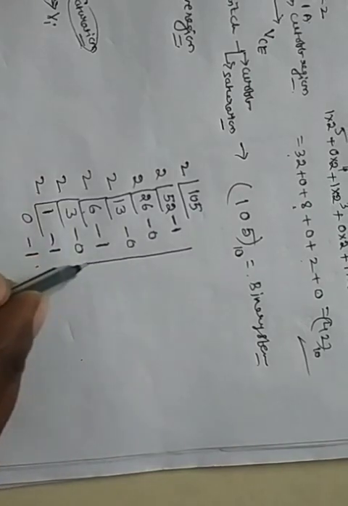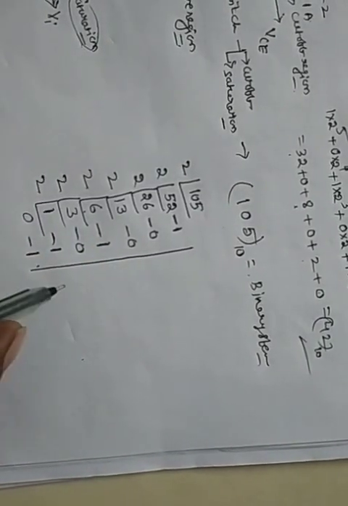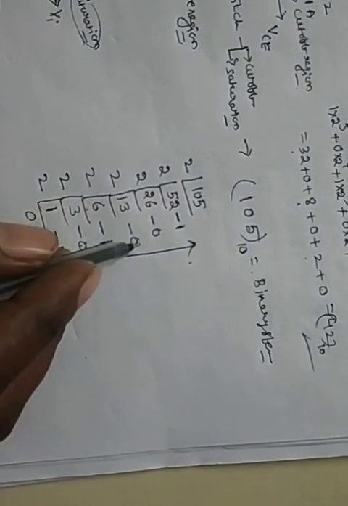So now you can write like this. So what happens? 1 1 0 1 0 0 1. So this 105 base 10 is equal to 1 1 0 1 0 0 1 base 2. This is about the conversion of the decimal system into the binary system or the binary system into the decimal system. Okay, that is about the conversion. Next